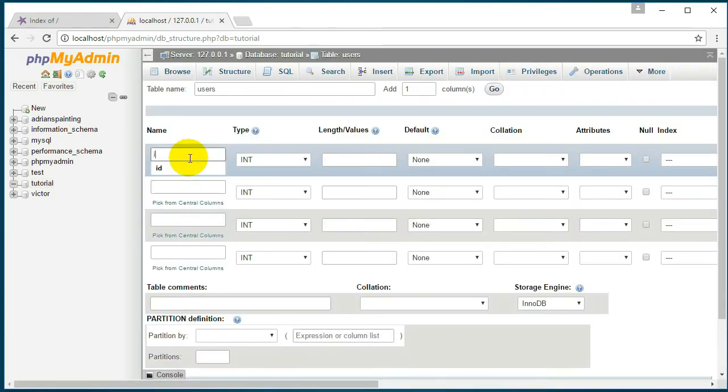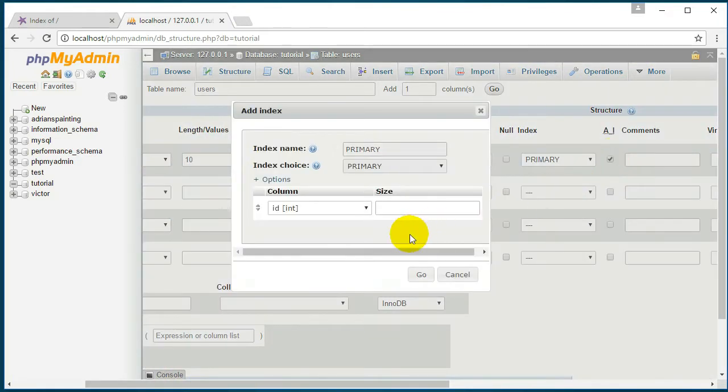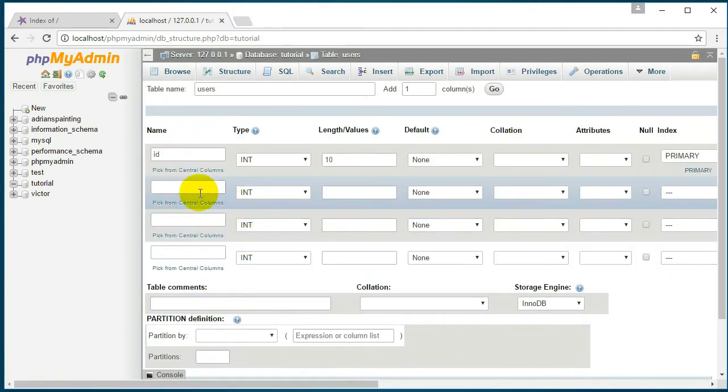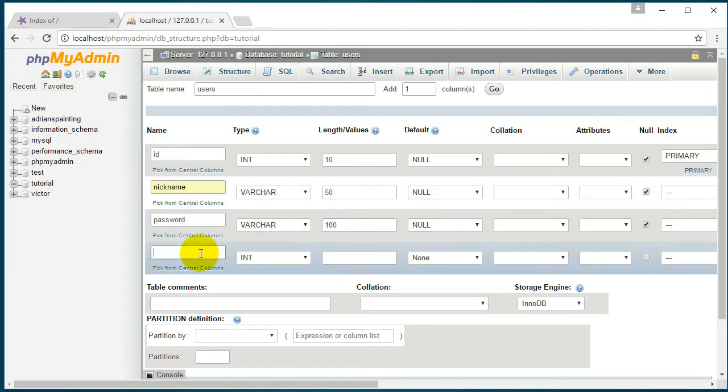The first one is for ID, and this is the primary key, and we check it here, and then we have the nickname, and we have a password, and the last one